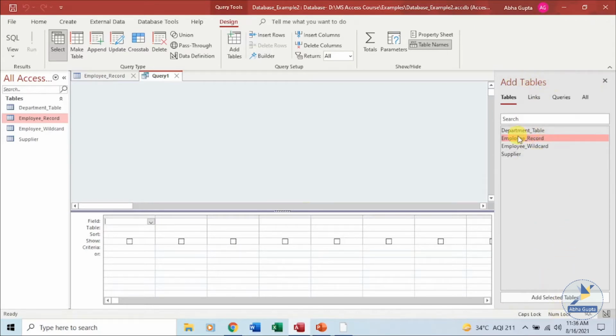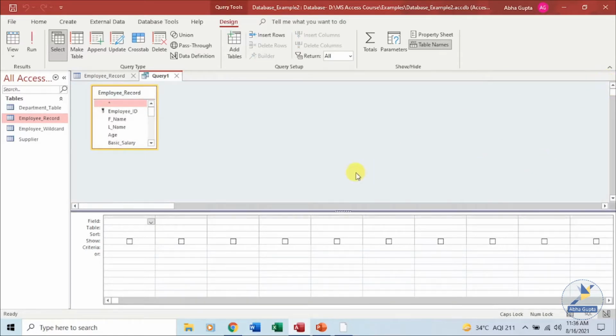From the add table dialog box, I want to use employee record. Once selected, you can close the add table dialog, and you can always select your table from here and then open the query wizard or query design, whichever you want. It will display all the fields present in your table over here. So this is your object relationship pane. We have already discussed this in the other part while creating a relationship.